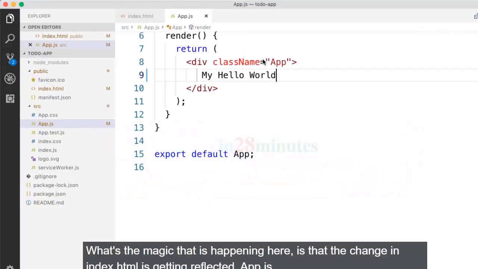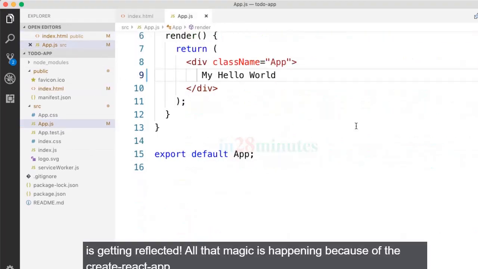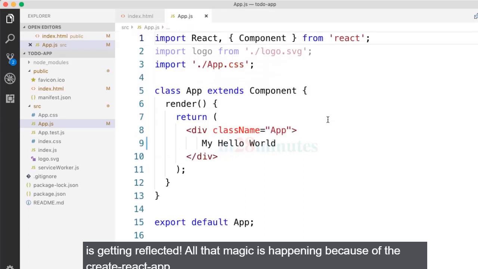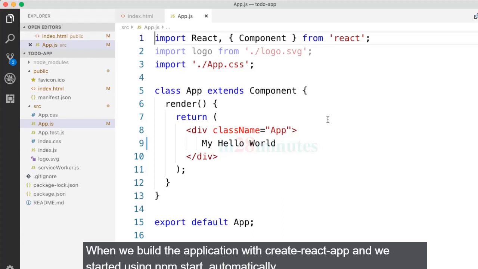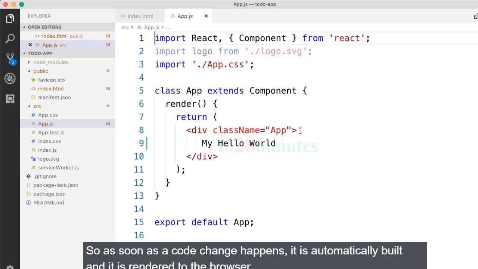Now what's the magic that is happening? How is it that the change in index.html is getting reflected, and app.js is getting reflected? All that magic is happening because of Create React App. When we build the application with Create React App and we start it using npm start, automatically it would keep scanning your code for changes. So as soon as a code change happens, it is automatically built and